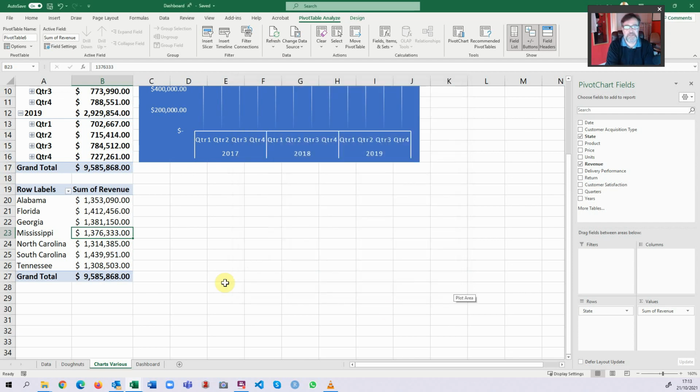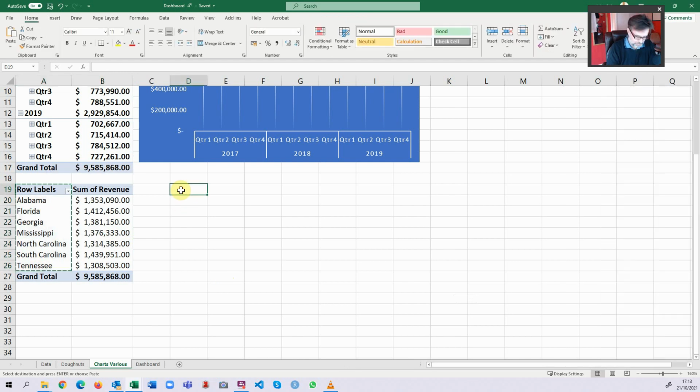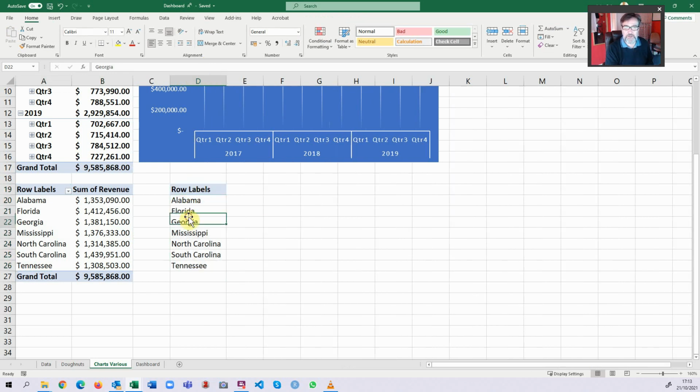There's a little trick. It's a strange thing that you have to do, but watch it step by step. First of all, what we'll do is we'll copy the states. Okay, we'll copy those states into another column, like so. So I just copied that. It's technically not part of the pivot table, and I'm just going to put in state there, something a little bit more meaningful. And then